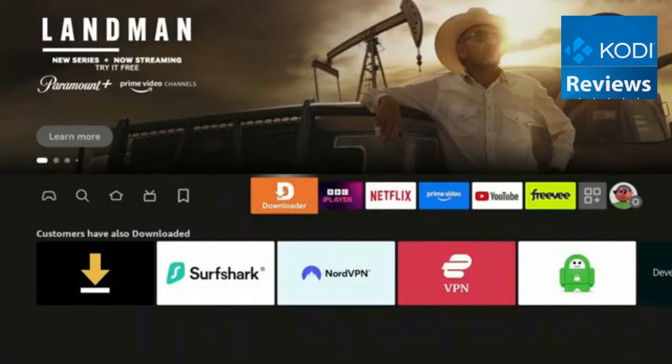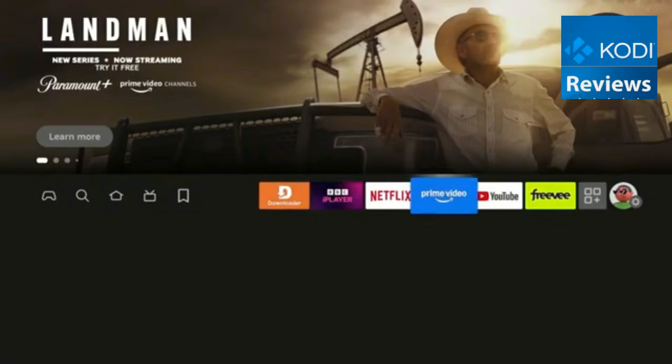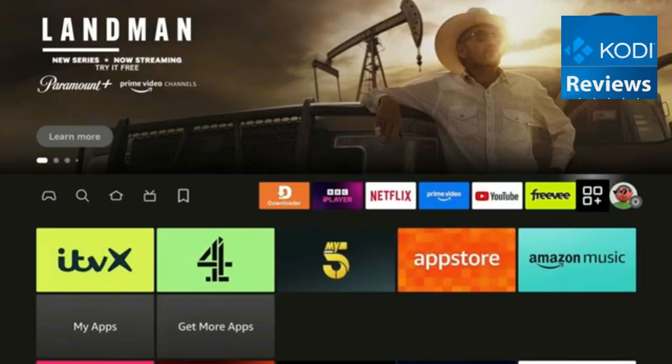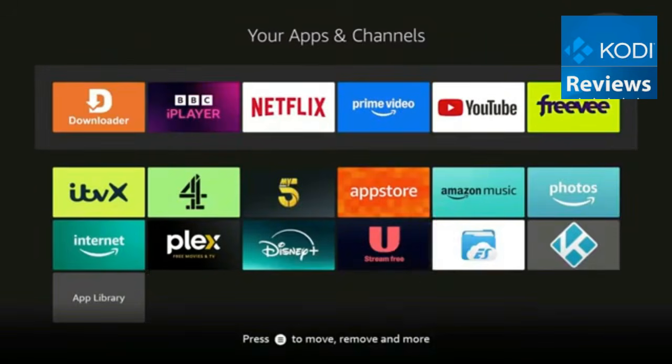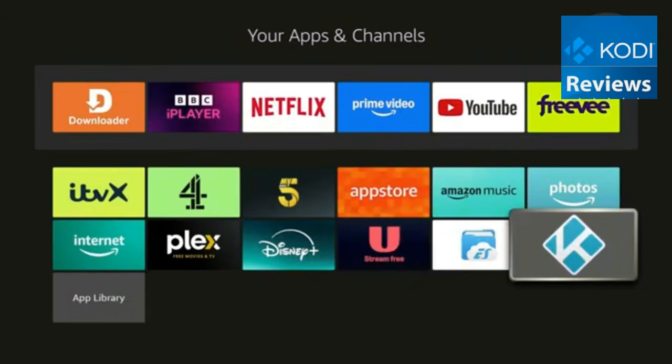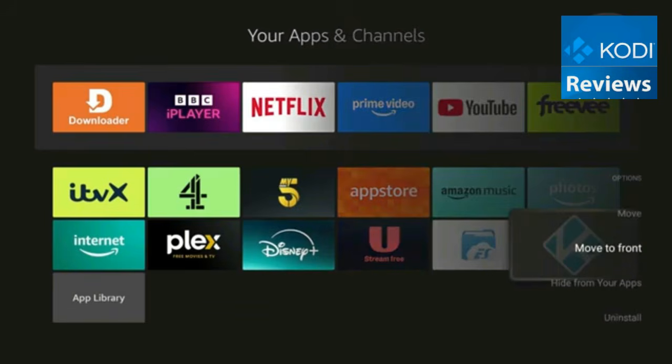Once you're on the home screen, just make your way to your apps. Then you will find Kodi at the back of the list. I like to take this opportunity to move the app to the beginning, as it's the app I will be using the most on my own personal Firestick. Now we can click back into Kodi,